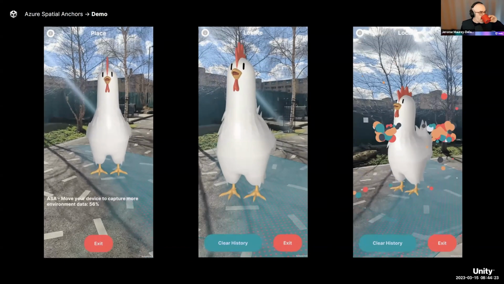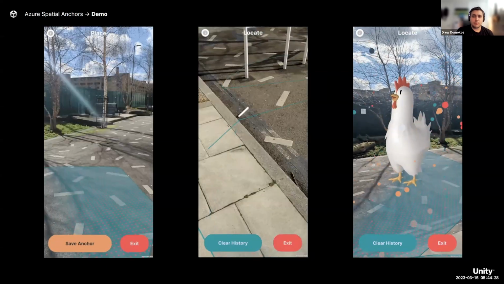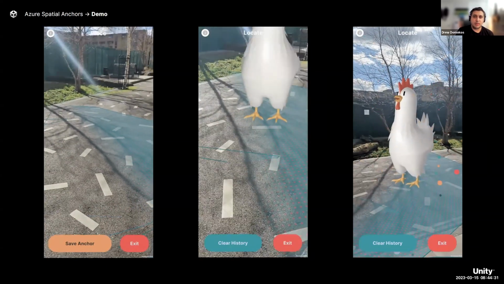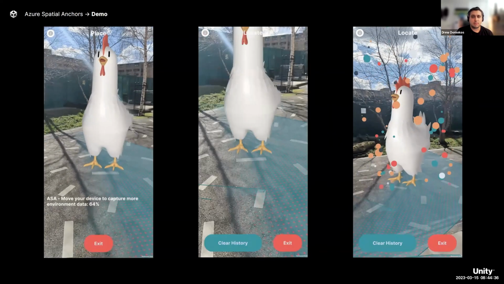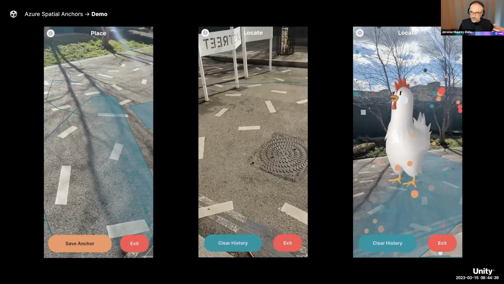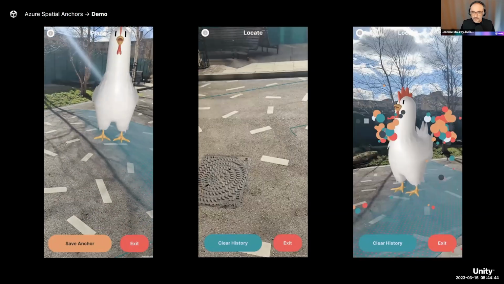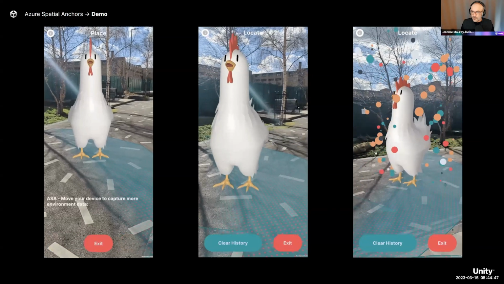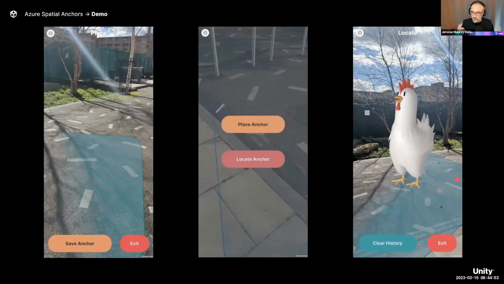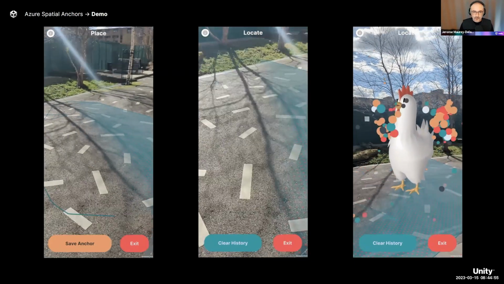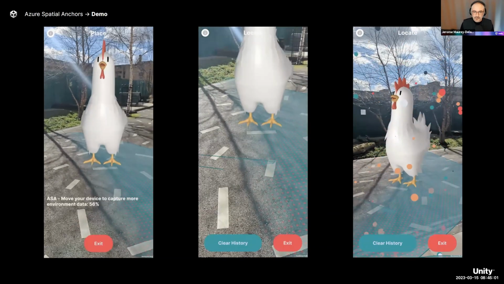Yeah, awesome. All right, let's just go through a few more of our questions here. Once you've set up your scene and deployed it, how long does it usually last? And how many people can access it at once? Can it be shipped via website? Yeah, I mean, the anchor, you specify a lifetime, right? So you can say 30 days or you can say 7 days, right? And then the backend will automatically delete them after a while. Once they are created, they're basically part of that resource set inside Azure. So as long as people are able to authenticate with the service and retrieve those resources, then they're able to use